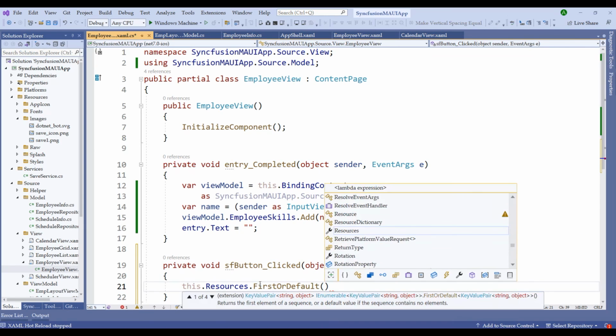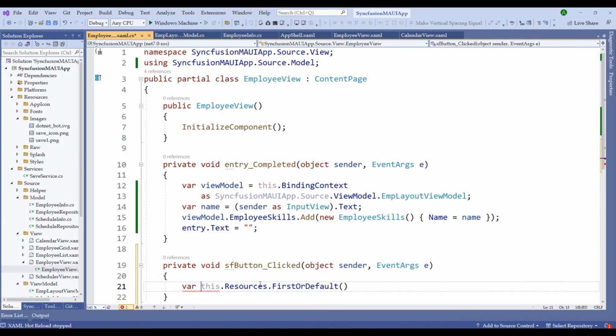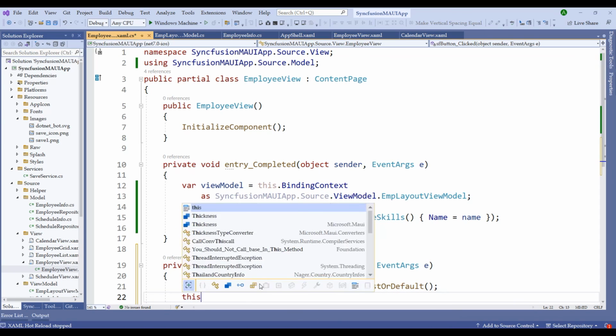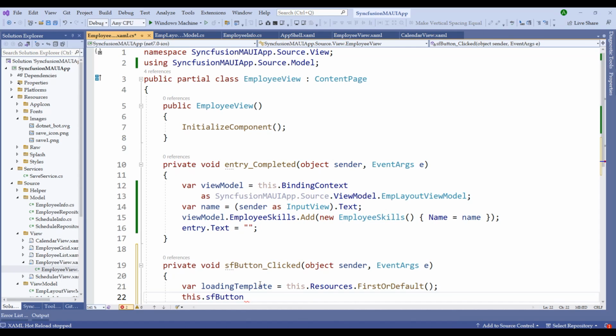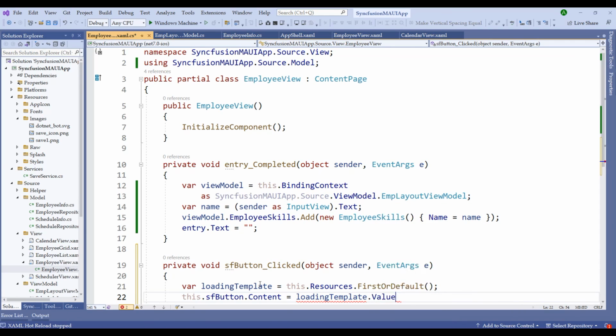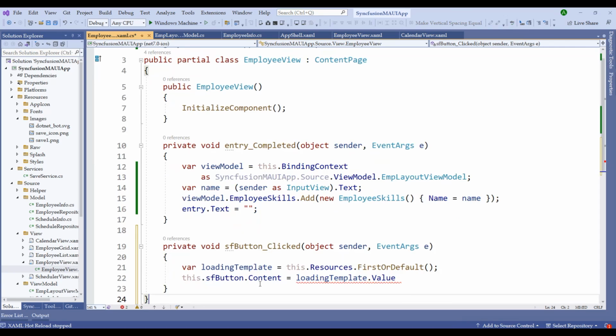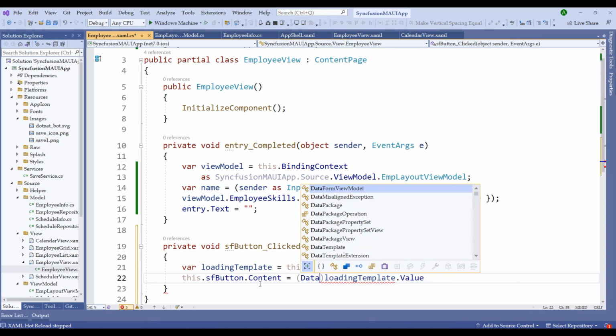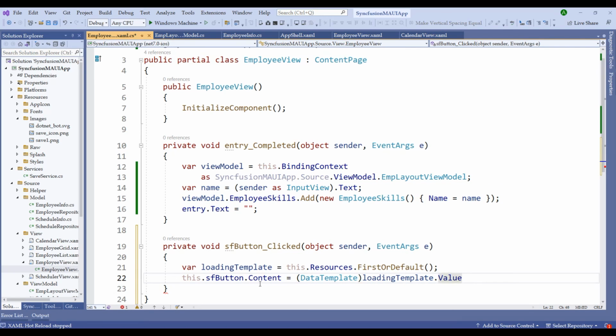Let me pick the first default template and call it loadingTemplate, and then I would say this.SfButton.Content. So we are replacing the content here with this data template equal to loadingTemplate.Value. Obviously the FirstOrDefault will return you the key and value pair. So I'm choosing the value from the loading template. Let me cast this into a data template.